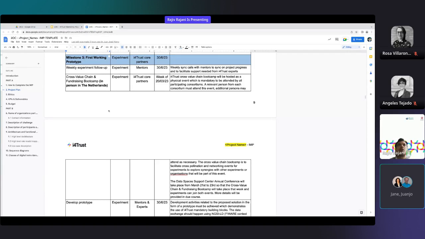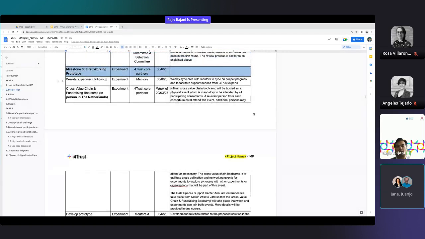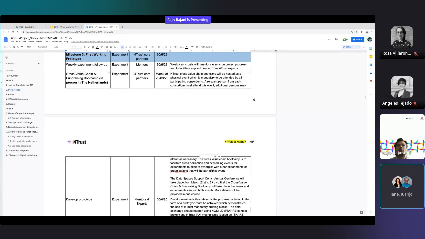There are some elements like the cross-value chain bootcamp and fundraising bootcamp. As I mentioned already, we also help you in finding synergies and fundraising opportunities. So there will be a physical event, and the details about this are provided here.